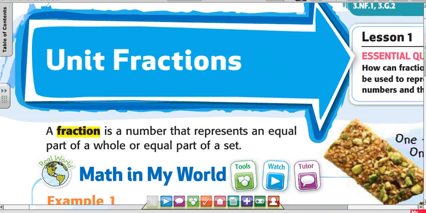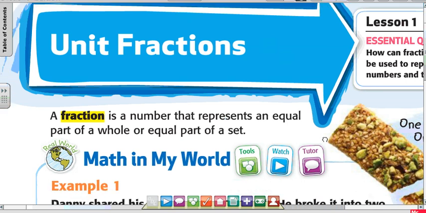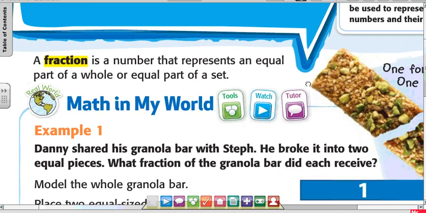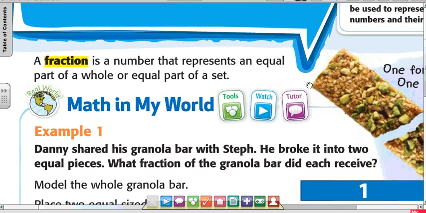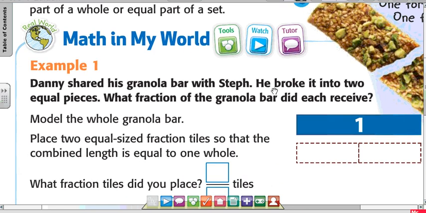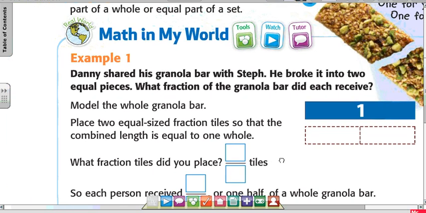Go. This is chapter 10, lesson 1. It says unit fractions. A fraction is a number that represents an equal part of a whole or equal part of a set. For example,